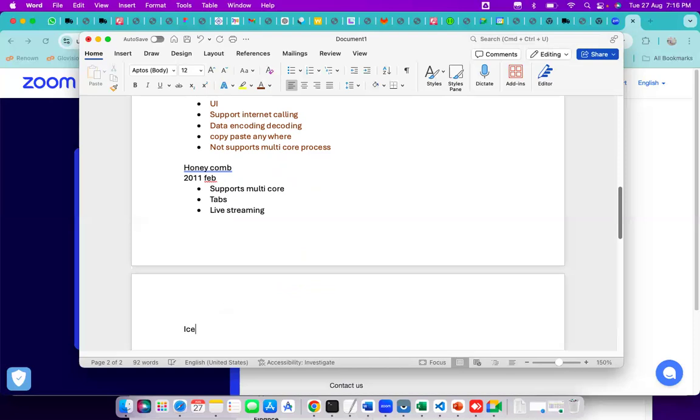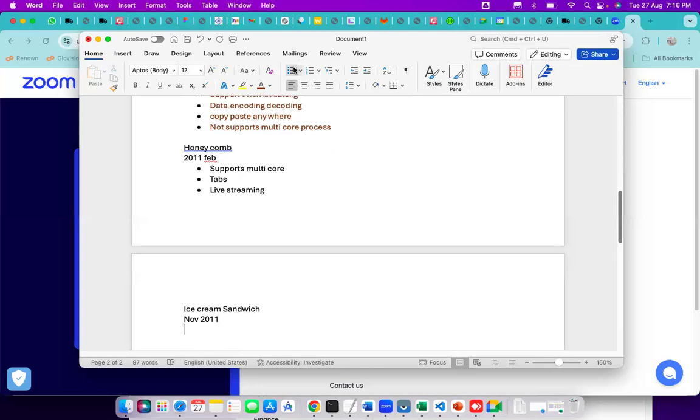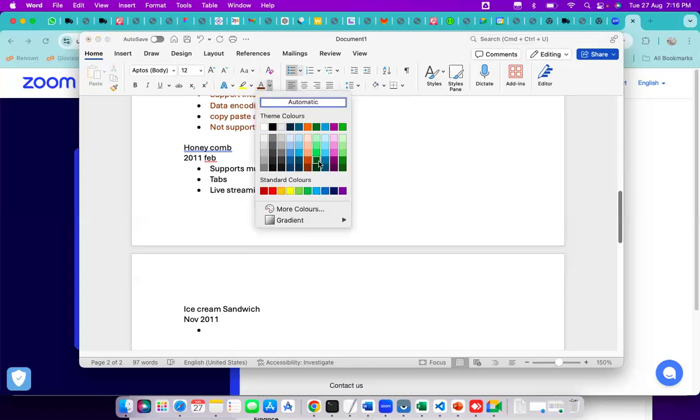Next version, that is Ice Cream Sandwich. So this is November 2011. It was released in November 2011. And here now in this version,